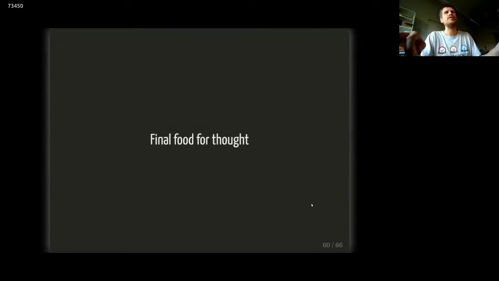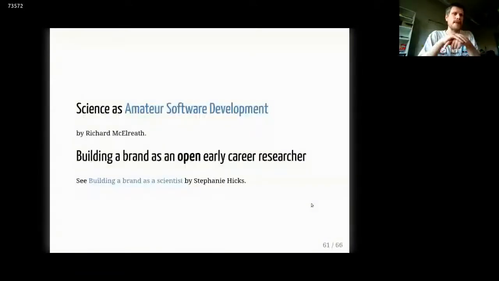So, final food for thought, because there is still a long way to go. If you think about how research is done, it's actually an antiquated process. Irrespective of whether you're a computational biologist, a cancer biologist, or whether you work in the lab or in front of your computer, very often the way research is done is the way research was done 20 years ago, right? The process of doing research is not well defined,